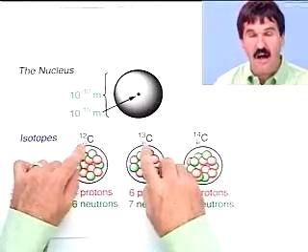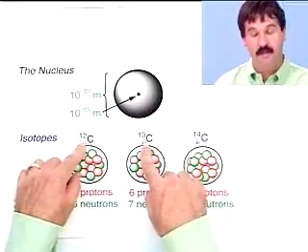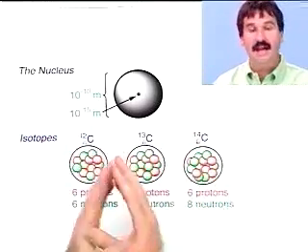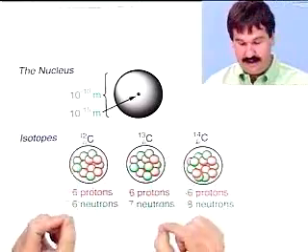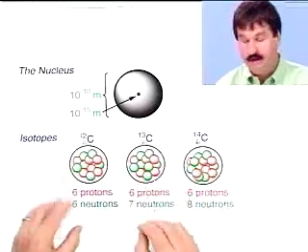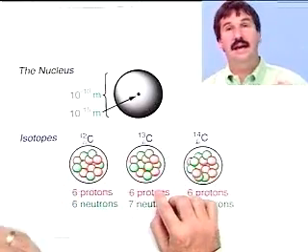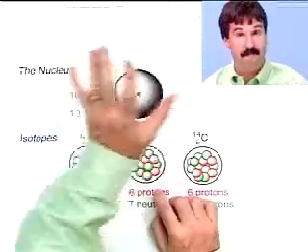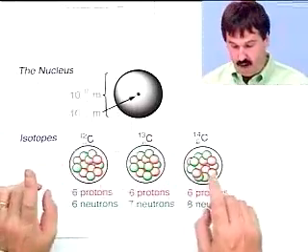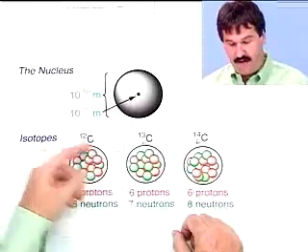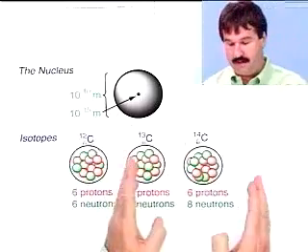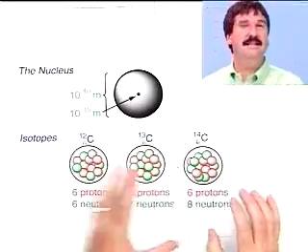Well, notice that the atomic number for both carbon-12 and carbon-13 is 6. It's exactly the same. And again, what defines these two as carbon is that they have 6 protons. If we put in another proton, we get a different atomic number and therefore a different element. Okay? So in addition to carbon-12 and carbon-13, we also actually have another isotope that is not abundant enough in